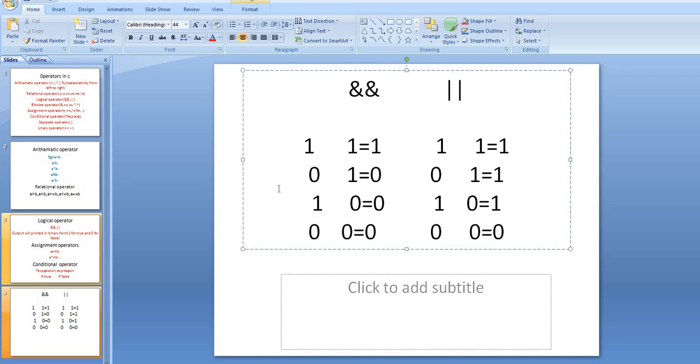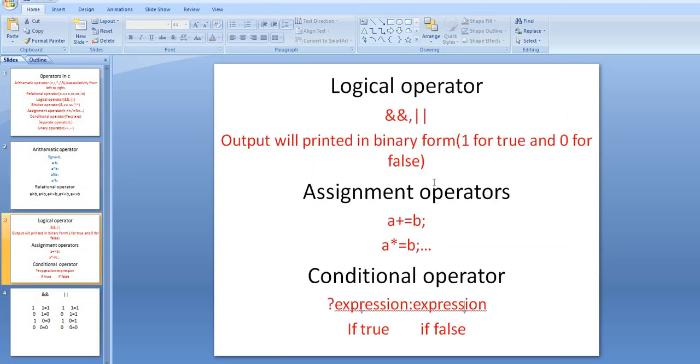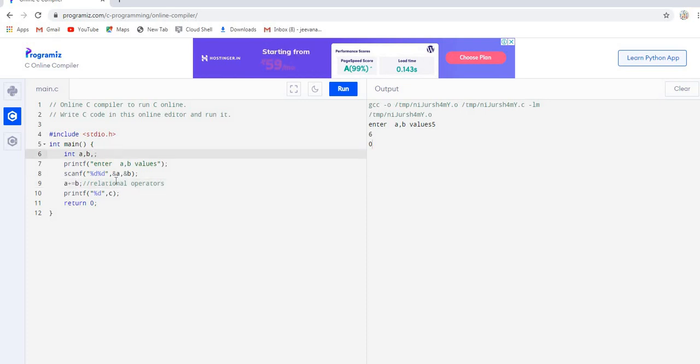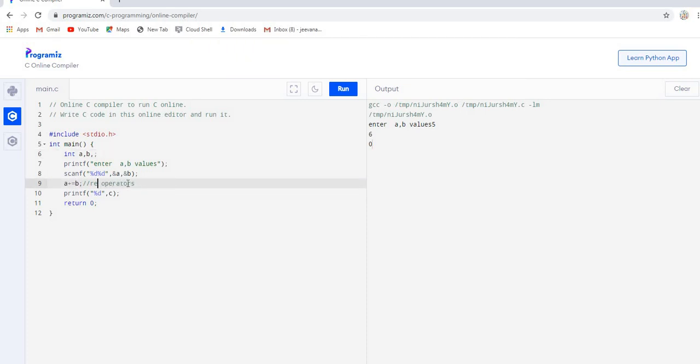Okay, we'll discuss this logical operator in more detail in coming videos using the if conditional statement. Let's go to the assignment operators. Assignment operators is nothing but C is equal to, okay, I'll take a plus equal to, and this is an assignment operator.